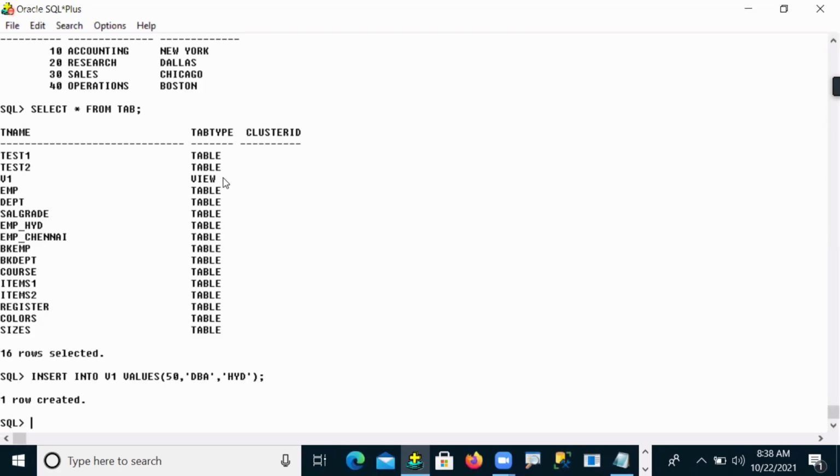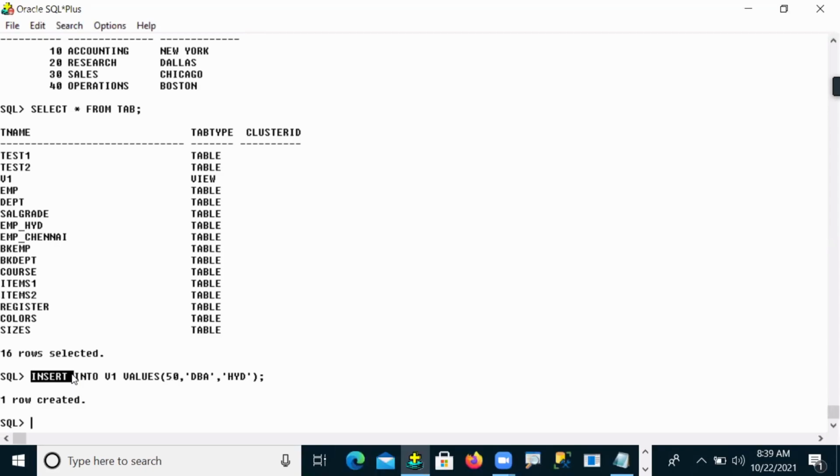Here, as I said, a view is a mediator. Through the mediator, I'm sending one request. What is the request? An insert query request. So this query is executed. Where is it executed? On your physical object. What is my physical object? DPT, which is a table. So we are just sending the request through the view. The view is just a mediator. We send the request through the view, but the request is executed on the physical object.